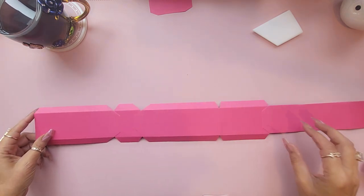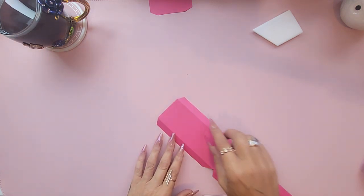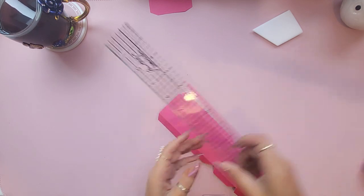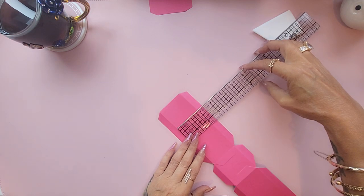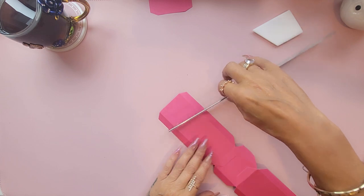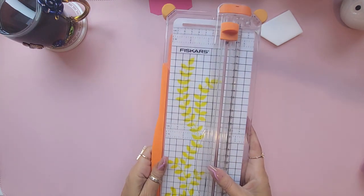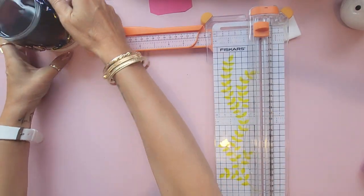So what I'm going to do is measure this piece here. I'm just going to have a look so I can decide what width of the paper I'm going to have. Okay, so it's about 2 inches. So I'm going to probably cut 1 3/4, I think. So I'm just going to move this piece. So you are going to need 2 pieces because obviously you're not going to get a whole